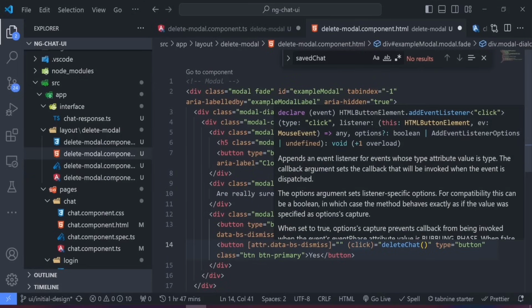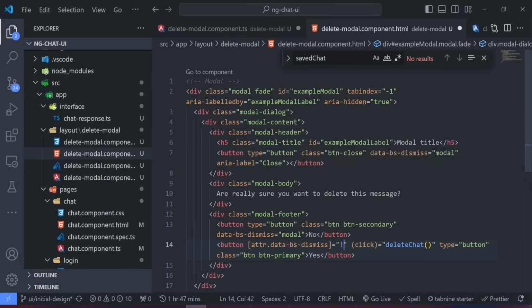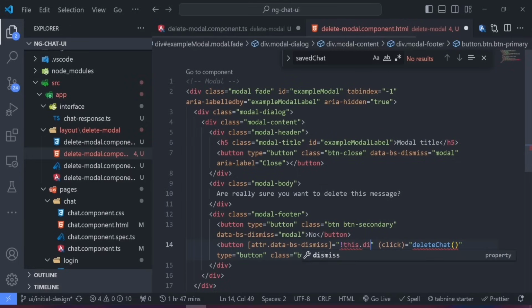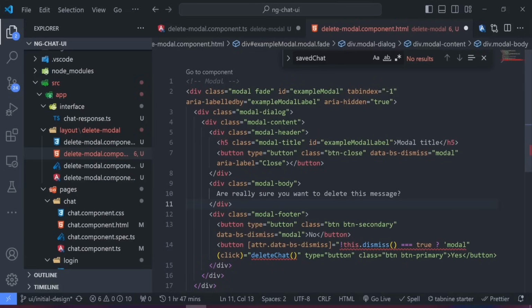And to do that, all we need to do is to say if not this.dismiss, don't forget to make use of your parenthesis, is equals to true. We want it to return the modal class, because remember in the data-bs-dismiss, it's by default calling this particular modal class. So we want to conditionally render the modal class. If the user clicks on yes and the request is successful, we want the modal to show, else we pass